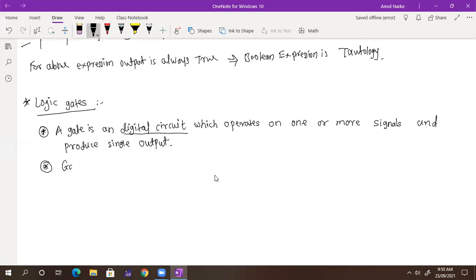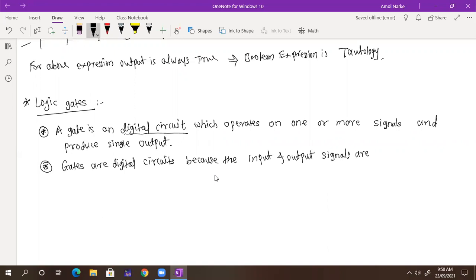Write down: digital circuit, because the input and output signals are